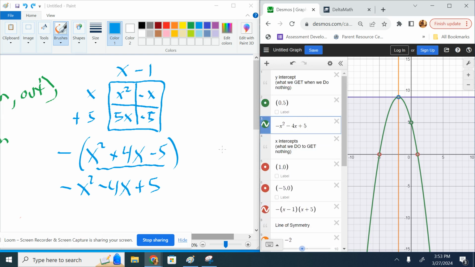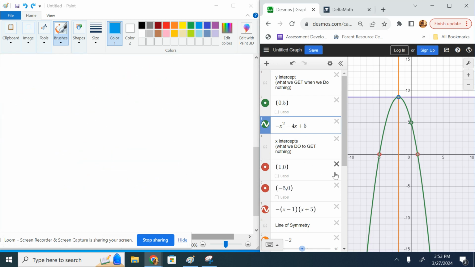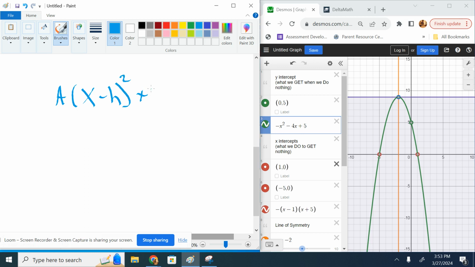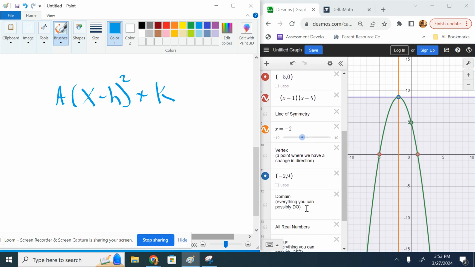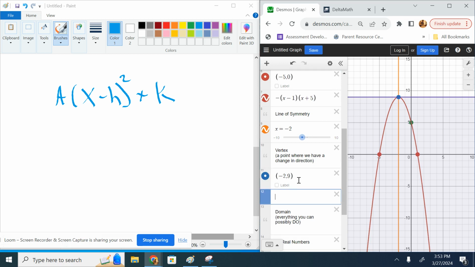Lastly, this one's a lot easier. We're going to use the vertex form. Okay, remember vertex form is, we still have the a term in front, x minus h squared plus k. Okay, so I'm going to walk us through how we do that without using the formula. Like, how do we come up with that formula? So